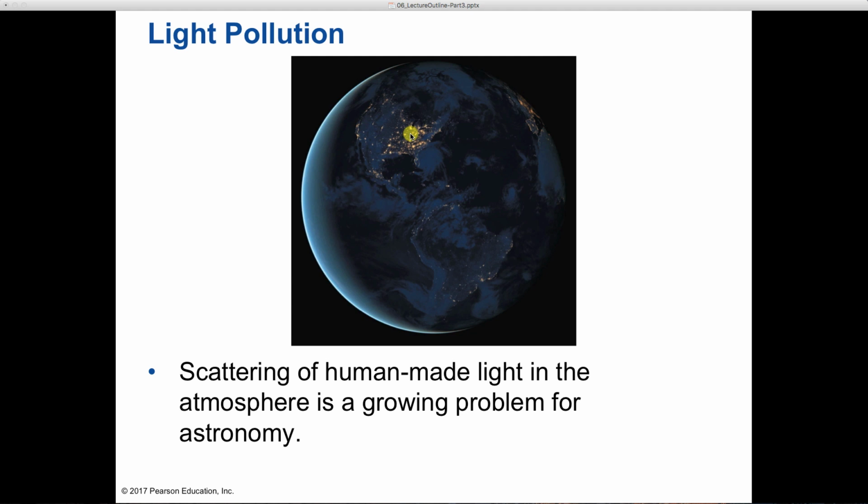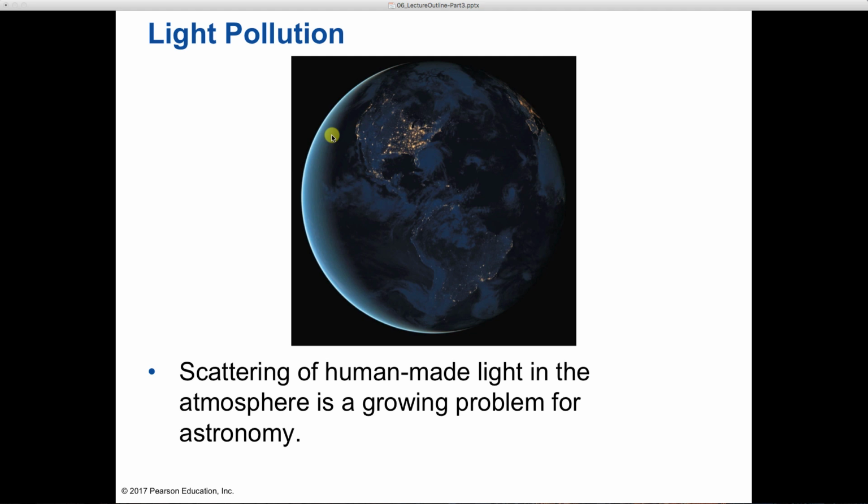If we were to spend a lot of money and try to do a lot of research in astronomy, we certainly wouldn't want to build a telescope anywhere near Chicago. We'd want to be way out here, maybe in the desert where it's really dark, maybe up on a mountain, or somewhere out in the ocean, perhaps up on a mountain, to get away from all this light.